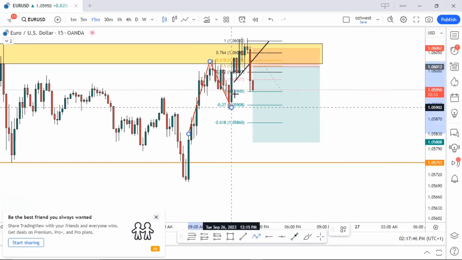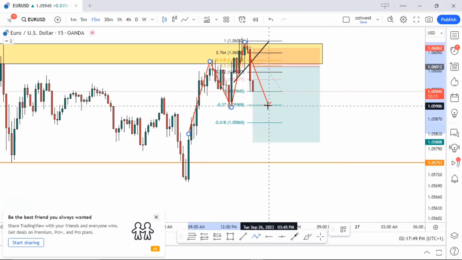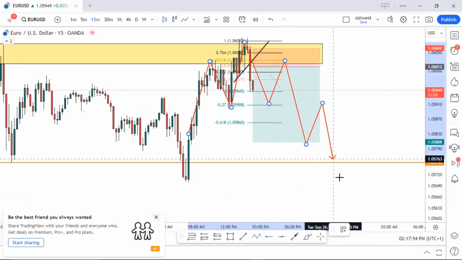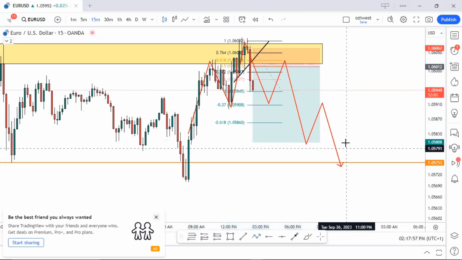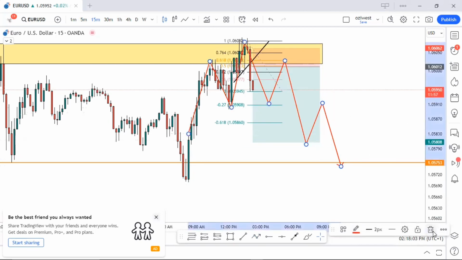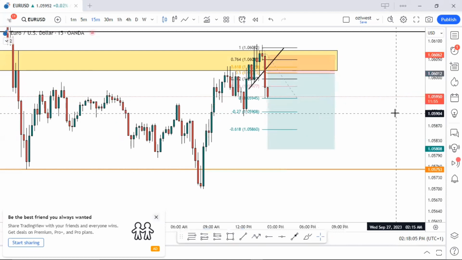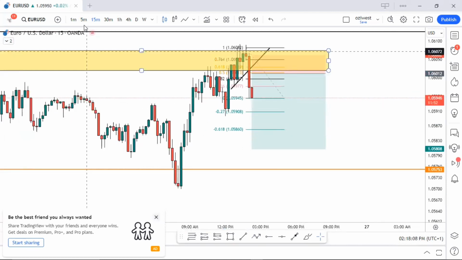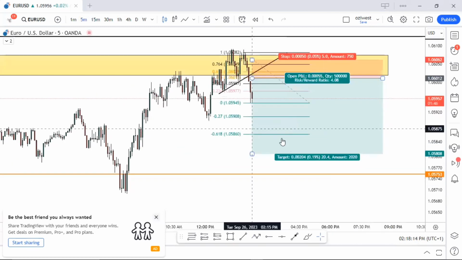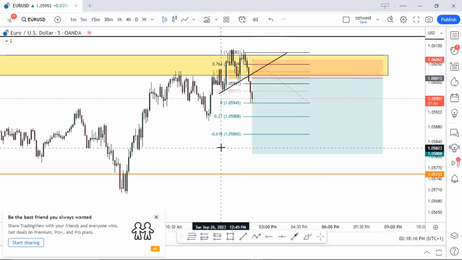Price is looking like it's trying to give us a head and shoulder pattern. The price is still pushing. I'll wait for the pullback. I'm going to use a sell limit order. I usually wait for